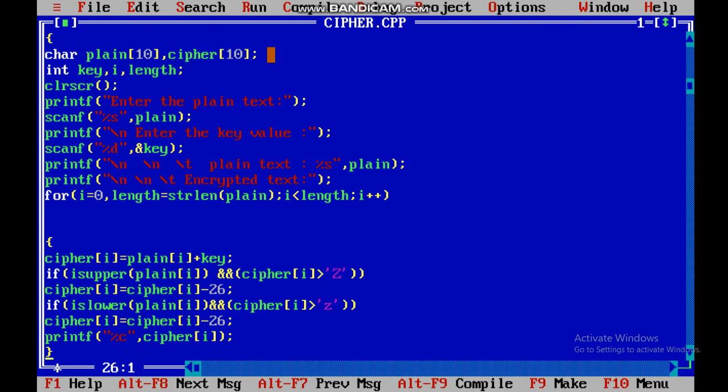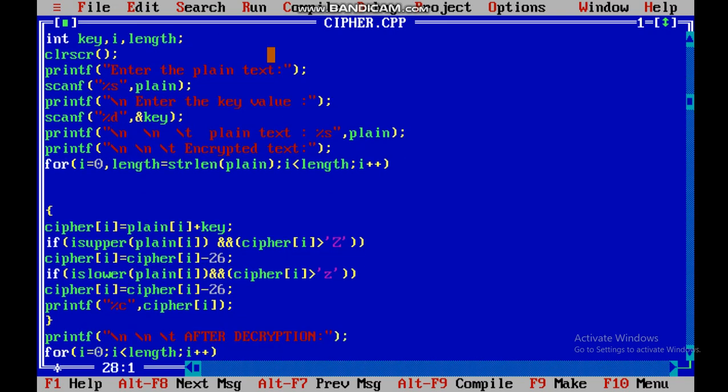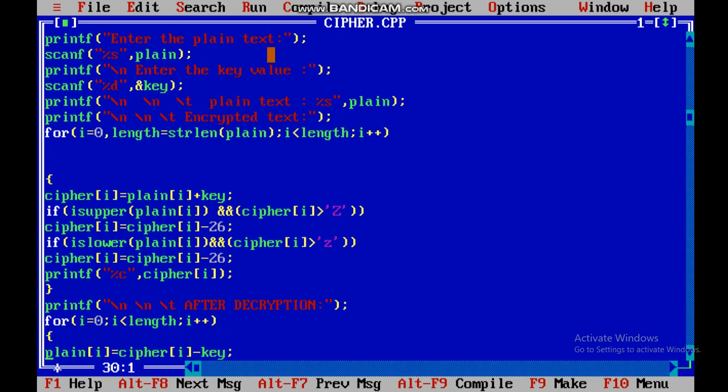Means if our plain text is A and the key is 3, then it is converted with the third alphabet, D. Next we use two conditions. If isupper, then it uses uppercase letter Z, and if islower, then it is small z. Now we have to find the cipher text, and after decryption we have to find our original message. We have two processes, encryption and decryption.